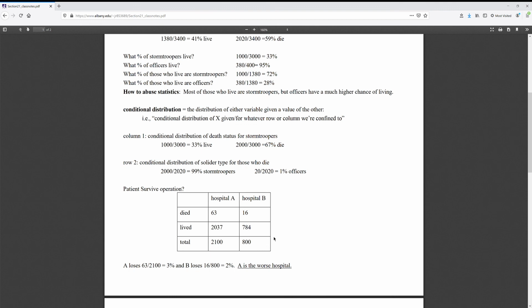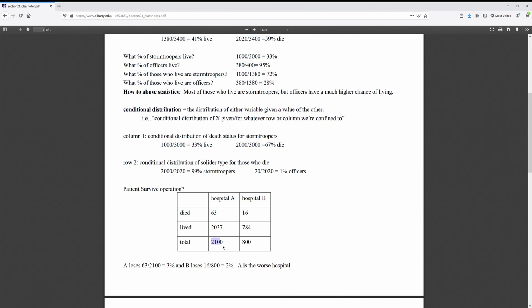It doesn't necessarily reflect how good of a hospital it is, it just happens to be smaller. So let's compute some percentages. Let's look at the percent who die for each hospital, the percentage of those who die after undergoing surgery. So for Hospital A,